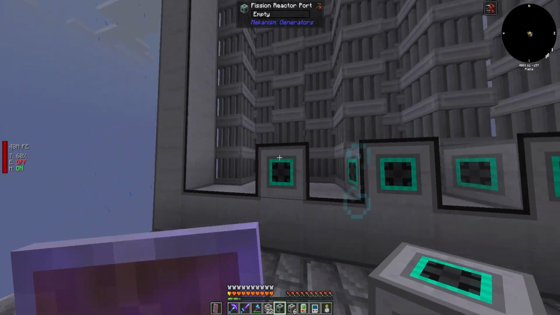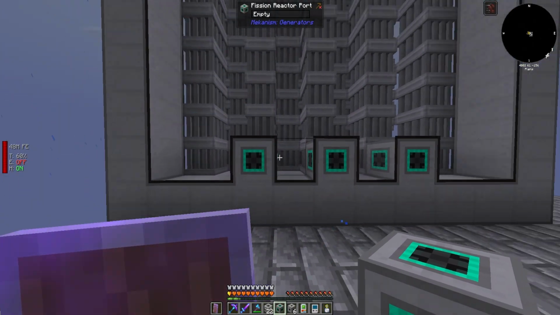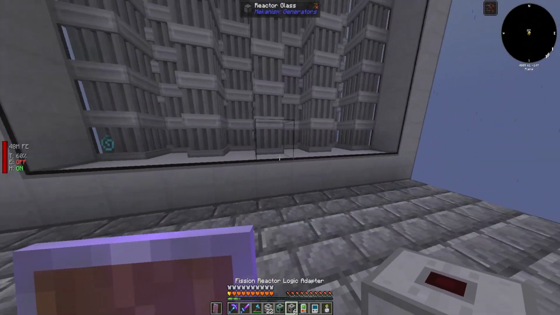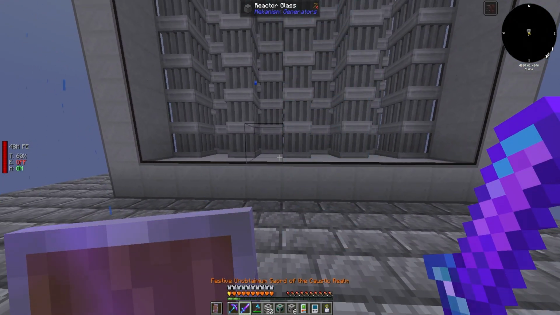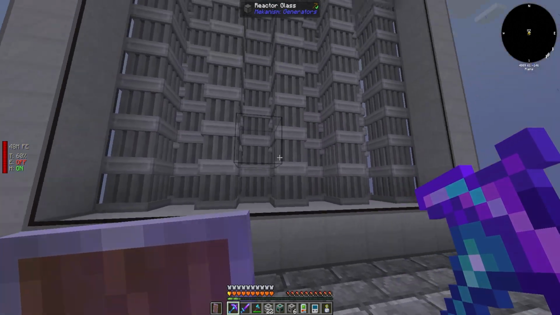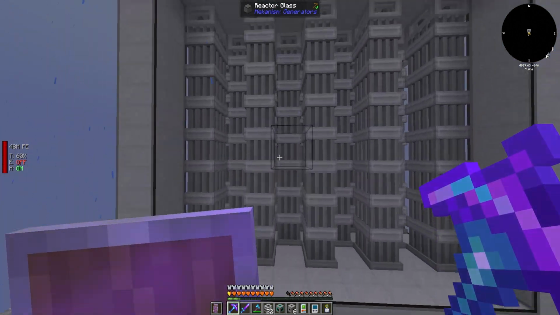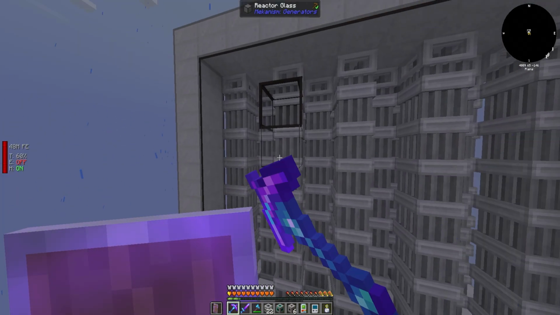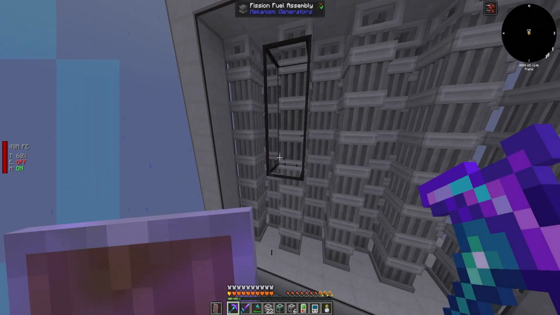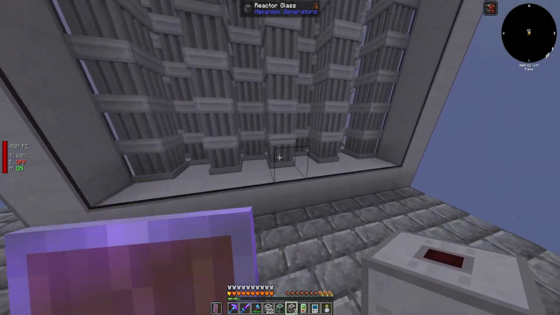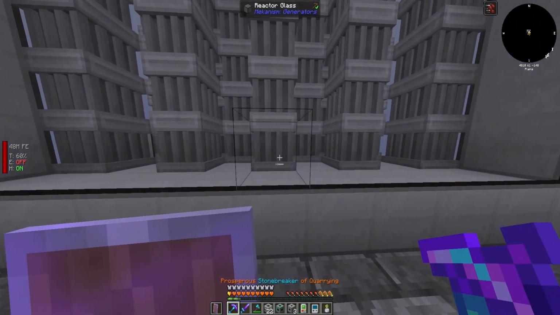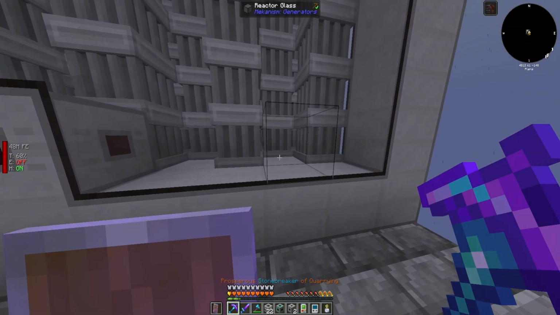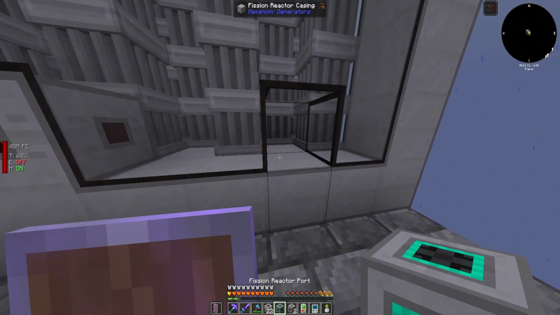Let's get the reactor ports in. So this is where we'll be able to put stuff in and out of it. And then we're going to need the fusion reactor logic adapters. There's a couple of these that I do a different way. So we're going to put these 3 here, like that. And then I usually put another one right about here. Cool. And then we're going to need an output for nuclear waste. It's going to come out right here.